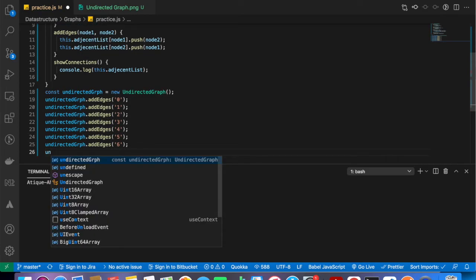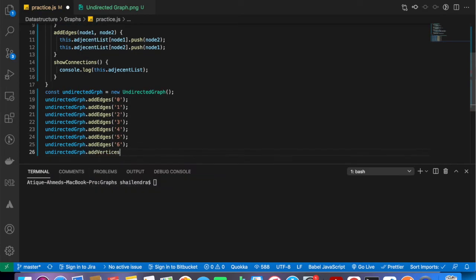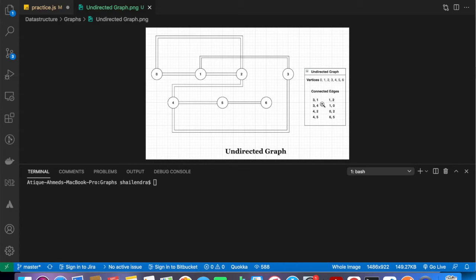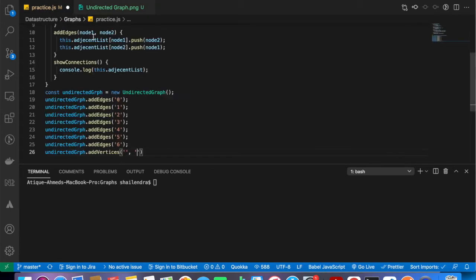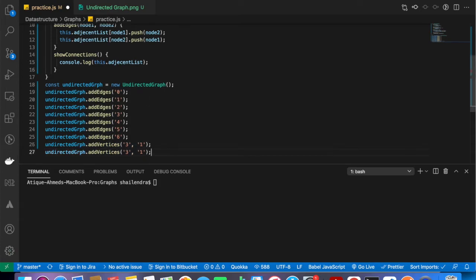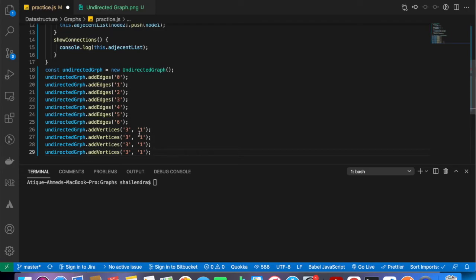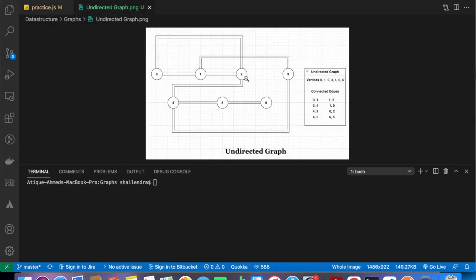Then we need to say undirectedGraph.addEdges, and we need to add first 3 1, 3 4. So 3 1 and 3 4, then 4 2, 4 5.